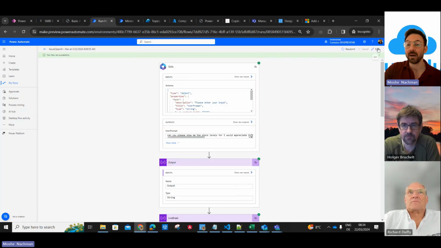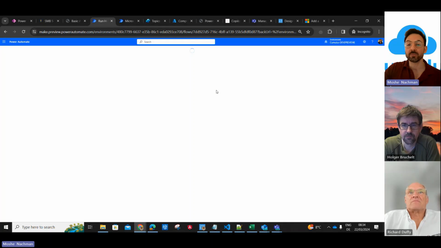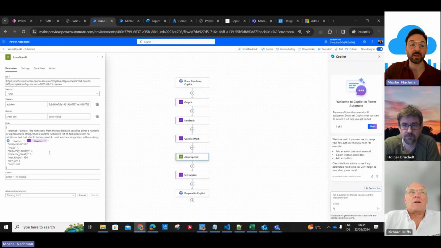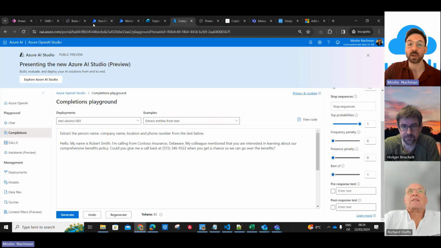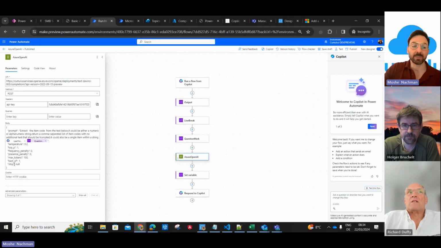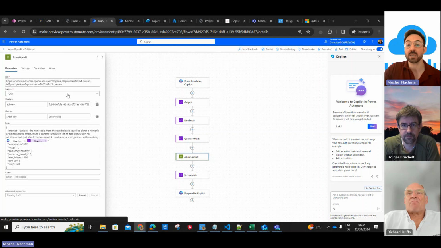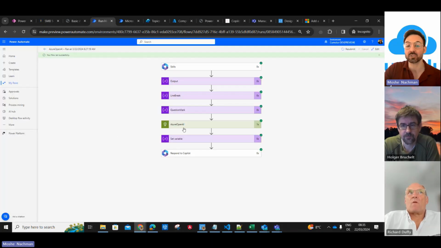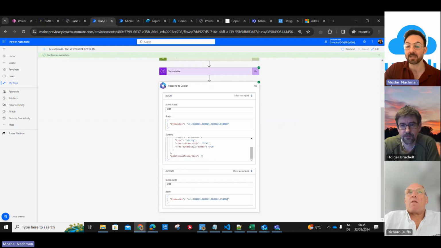So basically, if I edit the flow just for a minute to show everyone, I'm doing a little bit of manipulation here, and this is where I provide my instructions to the Azure OpenAI service, the one that we just saw. I play with the parameters, and everything that gets sent from the Copilot is parsed, and then I get a response. The response just looks like that. So whatever I got from that long string is what I'm sending back to the Copilot,